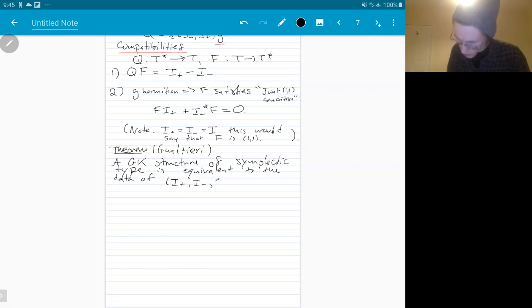The two complex structures, this real Poisson structure Q and F,